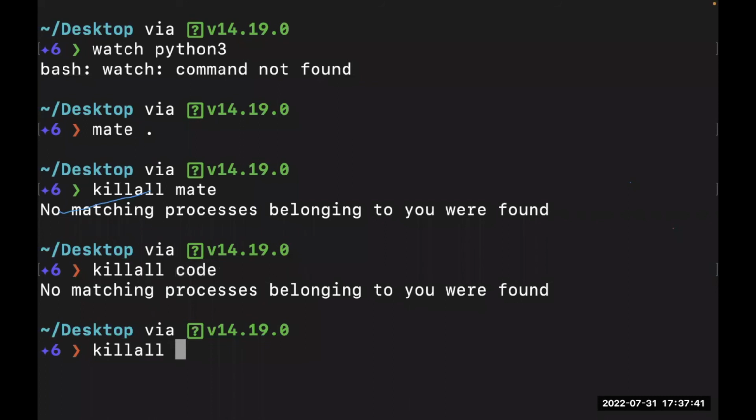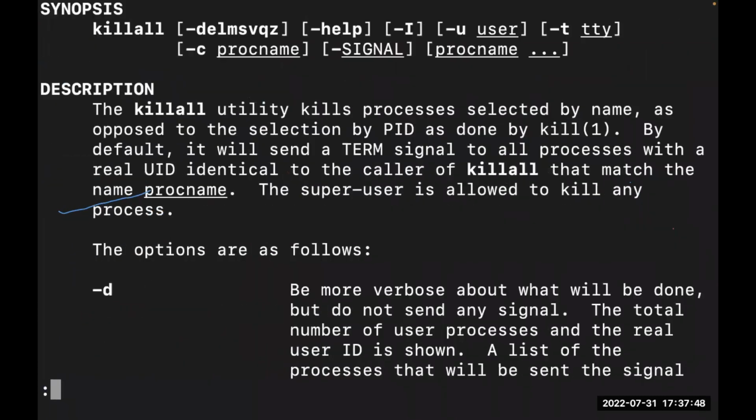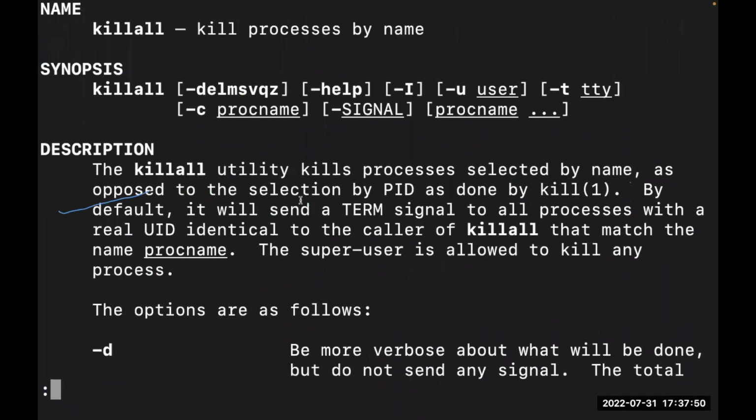Okay. So let's check out the man page. It says the killall utility kills processes selected by name, as opposed to the selection by PID done by kill. By default, it will send a TERM signal to all processes with a real UID identical to the caller.